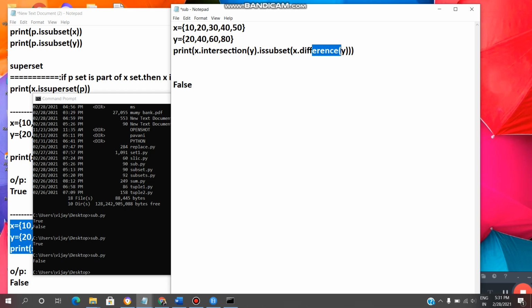So here common values dot issubset non-common values. So it is not a subset. To become a subset, it should contain all these elements in this. So here common values dot issubset non-common values, so we got output as false.